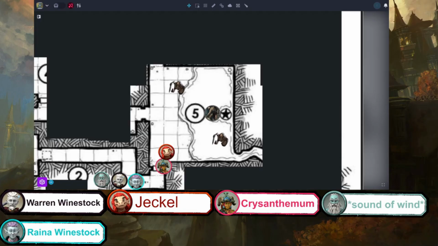Roll that concentration save, my guy. I'm just trying to remember how to determine the DC because I can't remember. Let's see if we can get it. I would love if it would stop going on. That being said, I know it's still in the middle of happening, but does this fire breath do anything to the clouds at all? I mean, it makes it swirl. Okay. High pressure, low pressure type stuff. That's good to know.